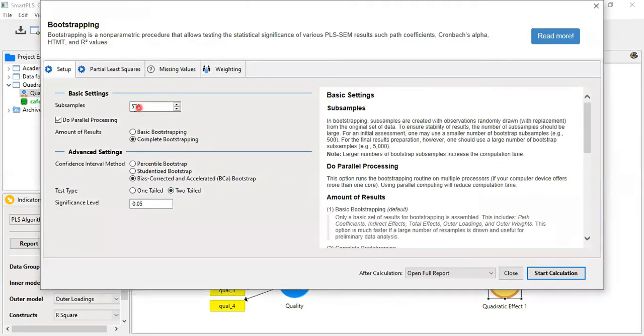For subsamples, you can even go for 5,000, but it will take so much time, so we are avoiding it and working on the 500 sample size. It is better for you to try the 5,000 subsample in your free time. But here I'm working on 500 to save the time of this video. Everything else should be the same. Then start calculation. It will take some time.